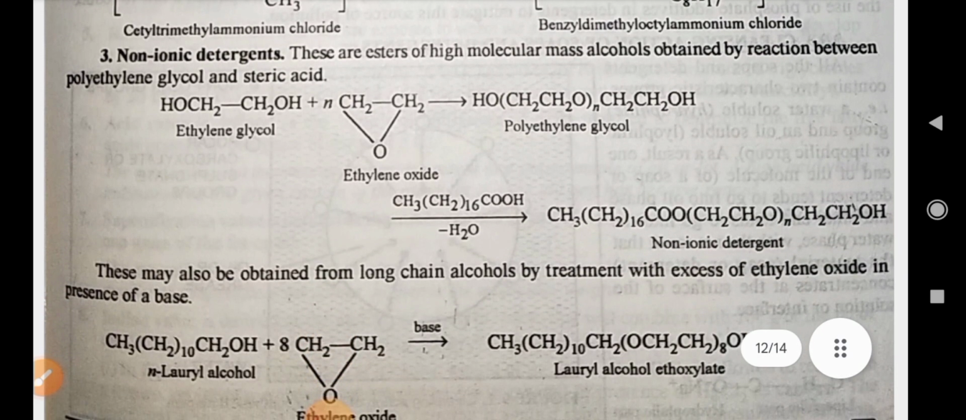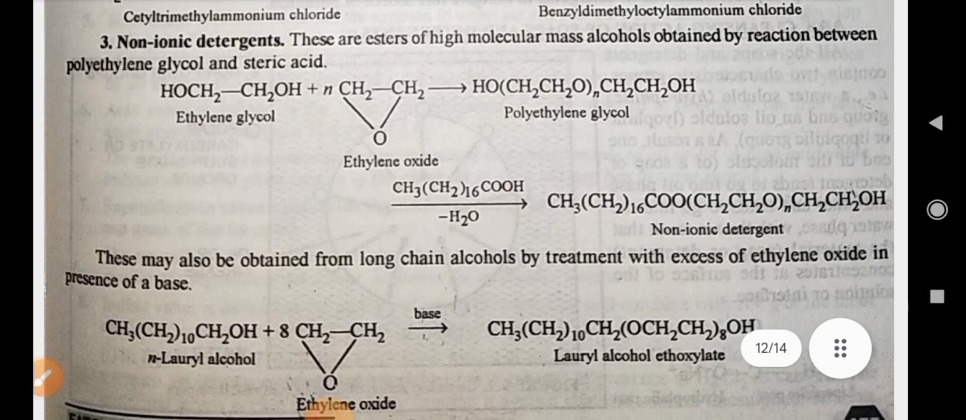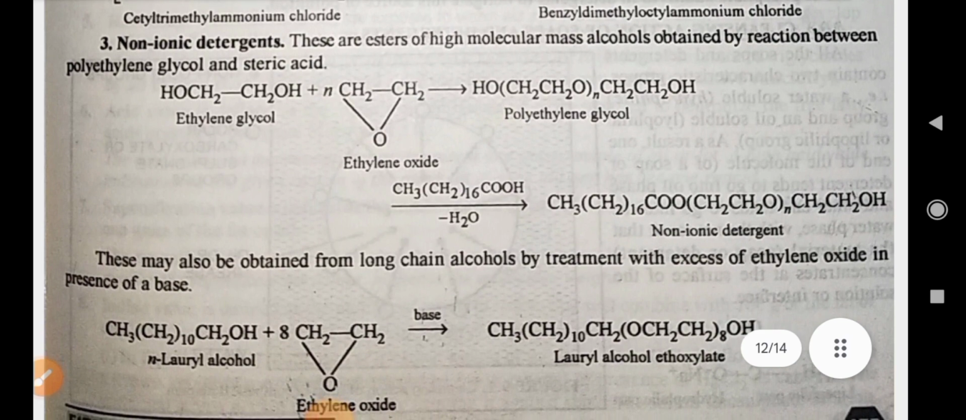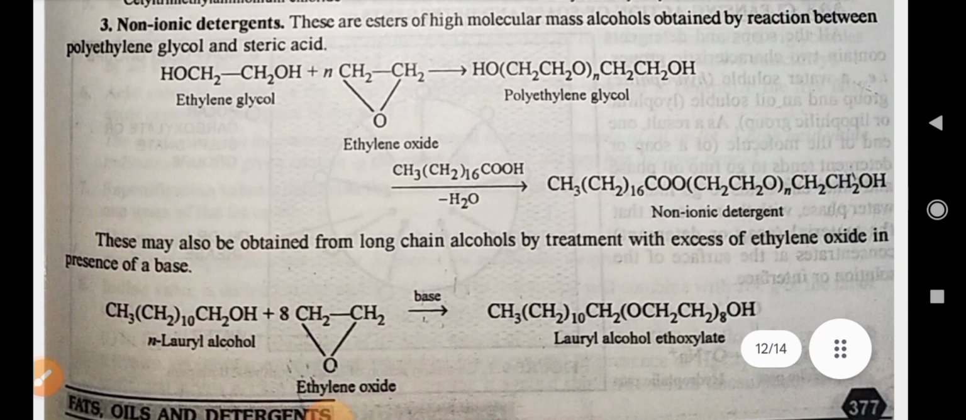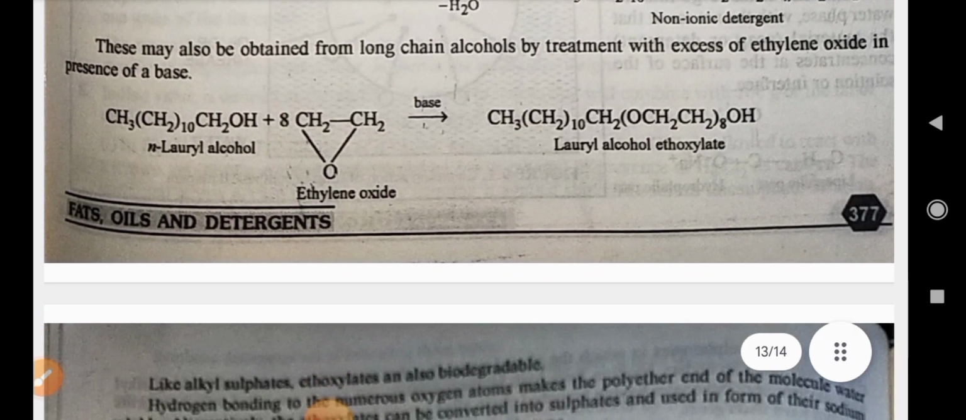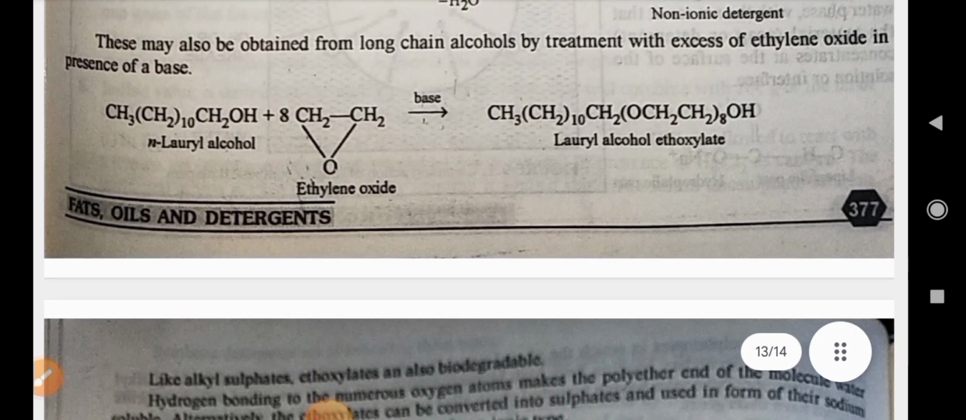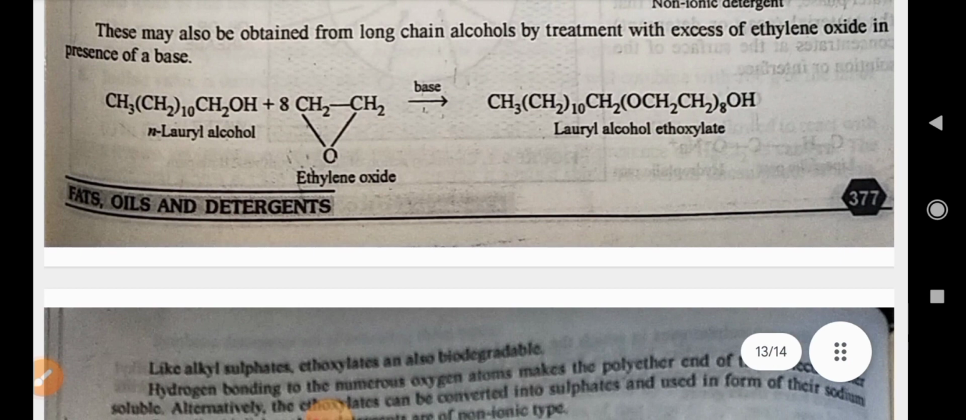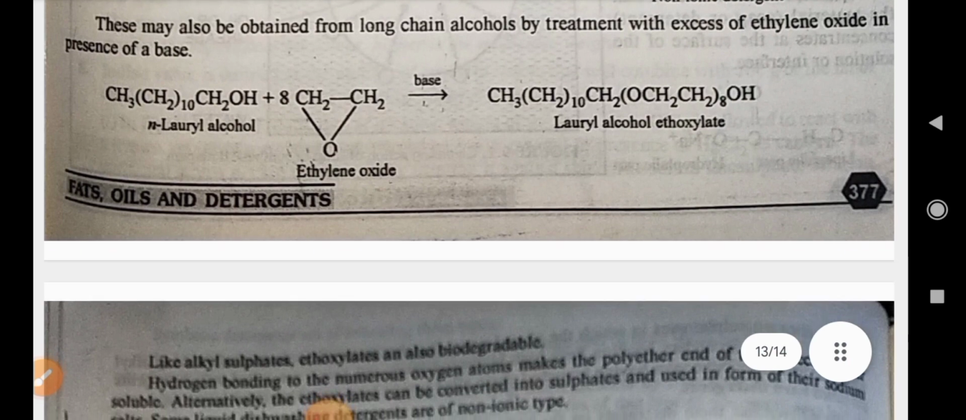Non-ionic detergents. These are esters of high molecular mass alcohols obtained by reaction between polyethylene glycol and stearic acid. These may also be obtained from long chain alcohols by treatment with excess of ethylene oxide in